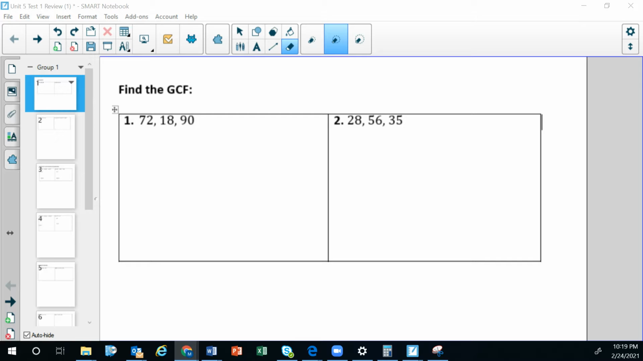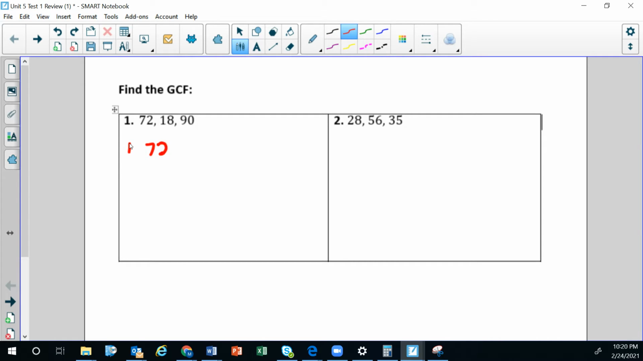Now, you're given three numbers and you have to find a GCF. The first thing I want you guys to do is list all the pairs. So let's go with 72. Let's find all the pairs. It's going to be 1 and 72, 2 and 36,